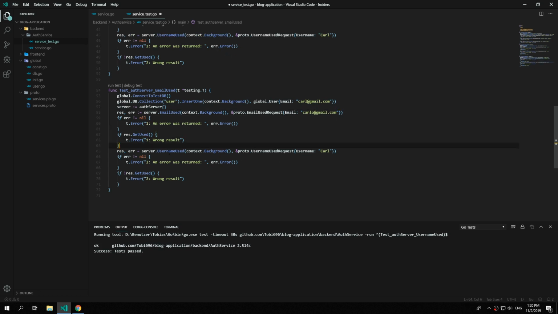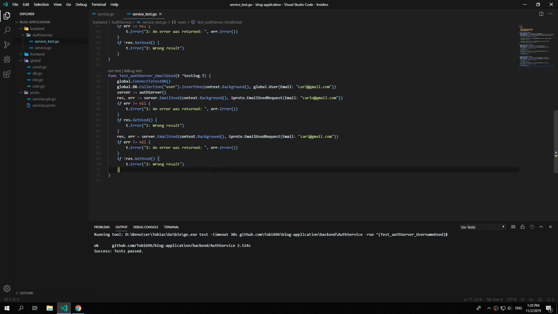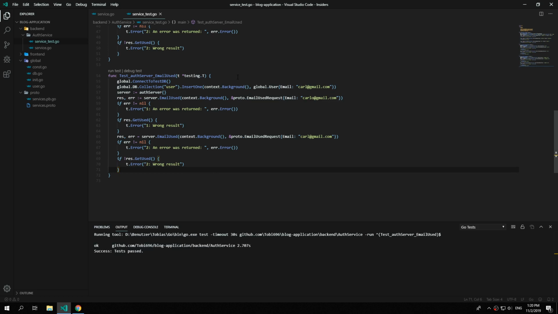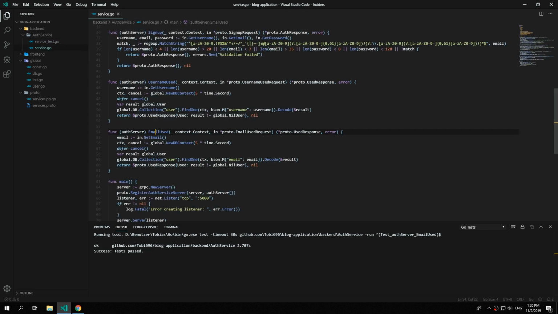And in the second test case, we're going to use the email carl@gmail.com. Now we can also run this test case and again hope that it works. Alright, so now we developed the email used and the username used function, and now we can continue with our